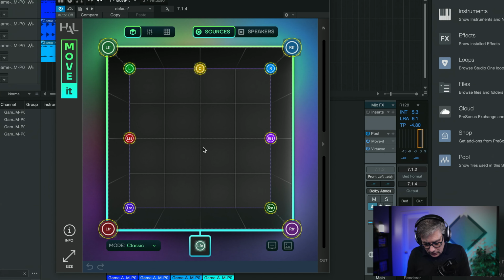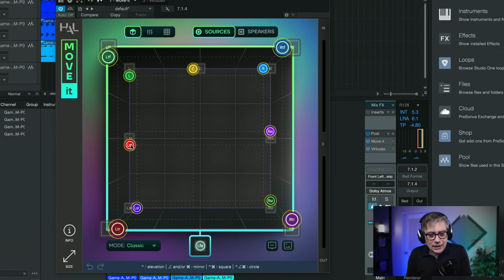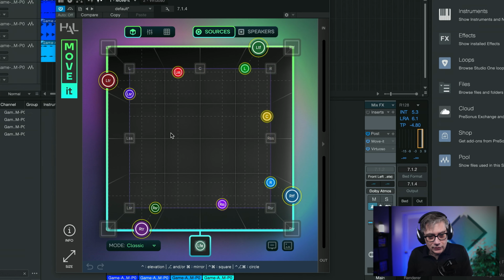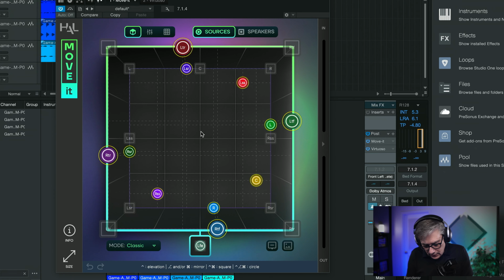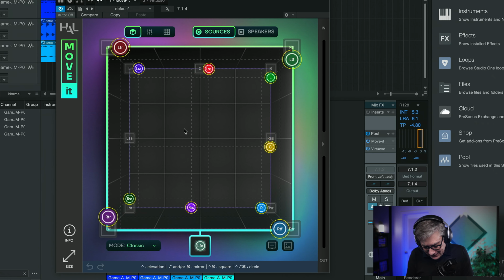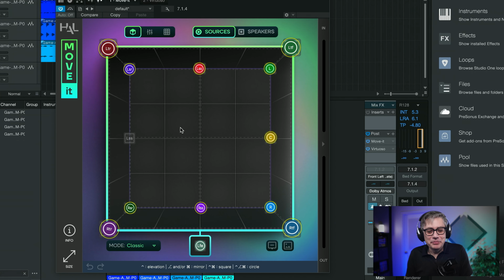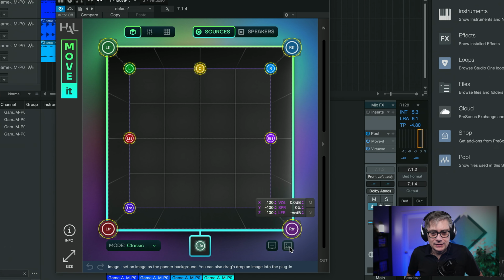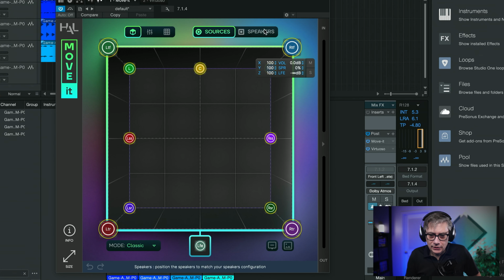So let me try one thing. Let's see, what happens if I do that? Okay, yeah. So there are a couple of very innovative ways. I'm pressing 3 modifier keys simultaneously. I'm not quite sure which keys these are on a Mac keyboard. Once again, I'm sitting on a Windows keyboard here, but that's perfectly fine. And once again, if I click on one with the Alt modifier key, it sets it back. And obviously, I can do the same thing here for the speakers as well.